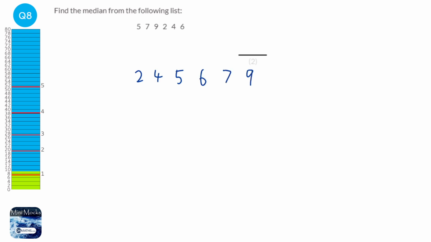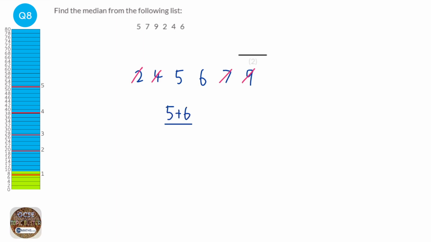And to find the middle, what we do is we cross off the smallest and the largest, and we put our pen away. Then we do the same thing again, smallest, largest, pen away. Now, you see here that I can't cross out the smallest and largest because that will leave no numbers at all. So when you're left with 2 in the middle, all you need to do is